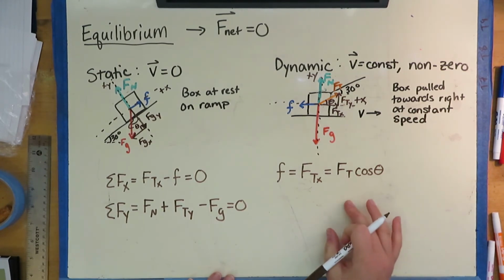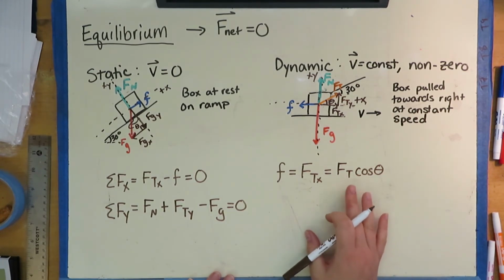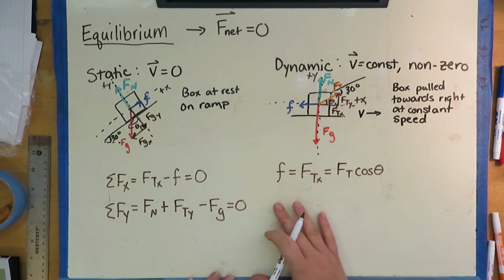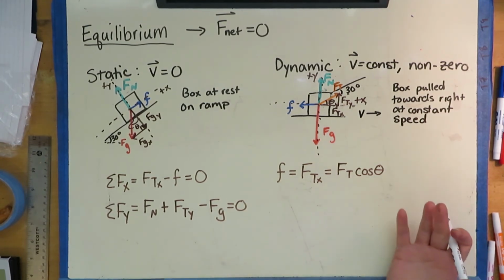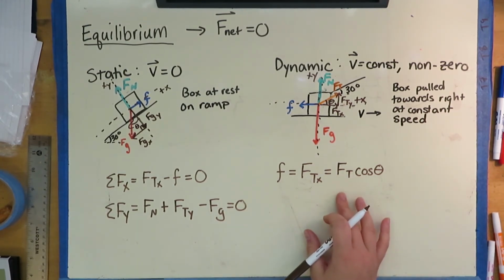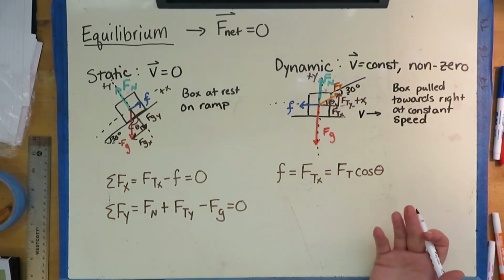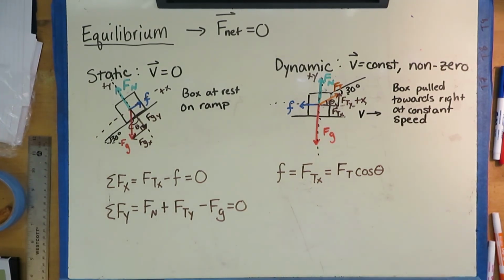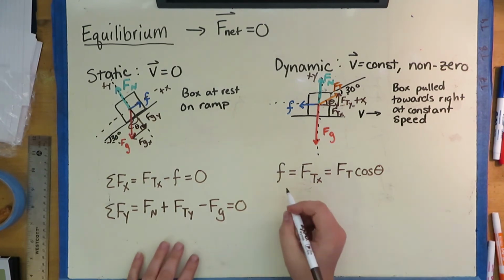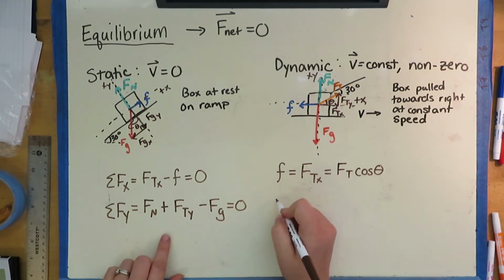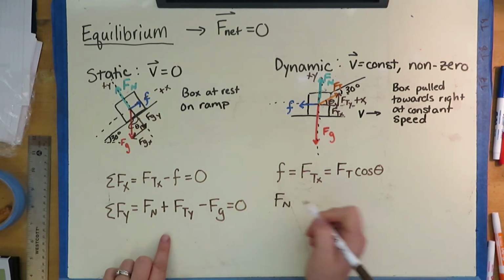Now, a lot of times what happens is we don't actually know our tension, and we might not know our friction, so we could have a lot of unknowns. If I don't know friction and I don't know tension, then I have two unknowns. I might need two equations to solve. Well, that's where the second equation would come in, because I can see from here that my normal force